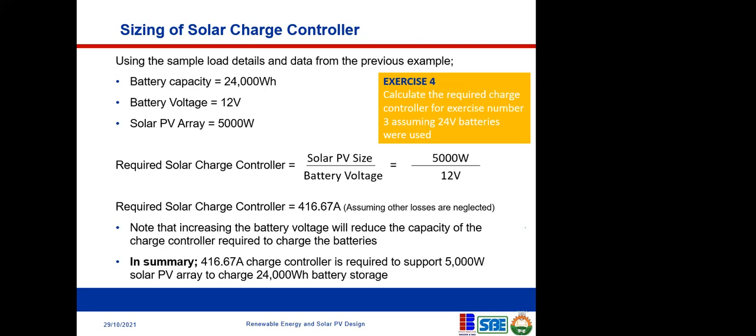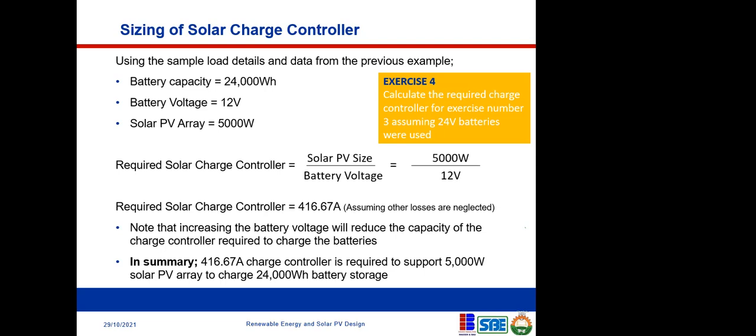The size of the panel we are choosing is 360 watts. So 5,000 watts divided by 360 watts will be approximately 14 panels, right? Yes. Now, for 14 panels, we are introducing a charge controller of 416, that is like a 420 amp controller. I think it is